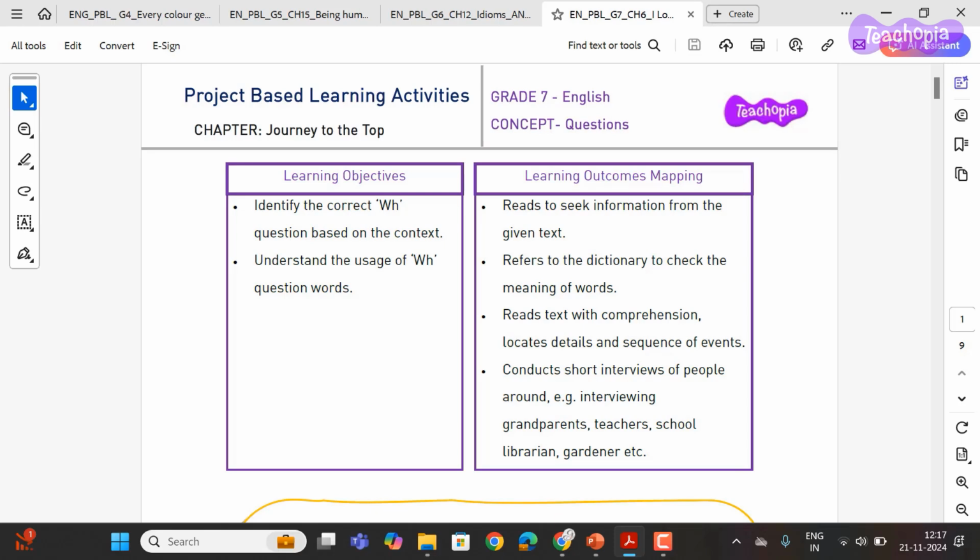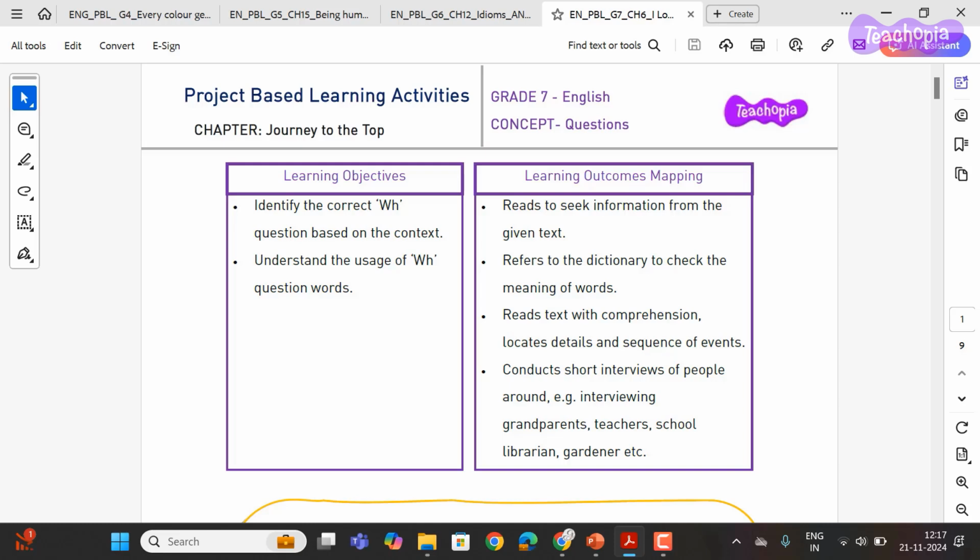This PBL is based on the chapter Journey to the Top from grade 7. The concept that it will be exploring are questions. Learning objectives for this PBL are: identify the correct WH question based on the context and understand the usage of